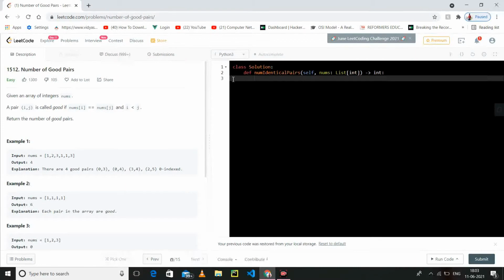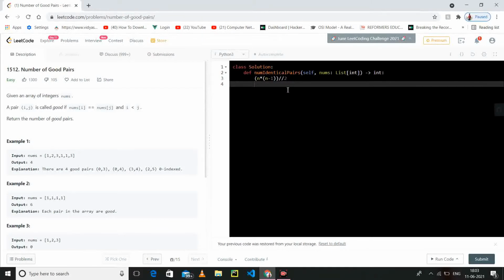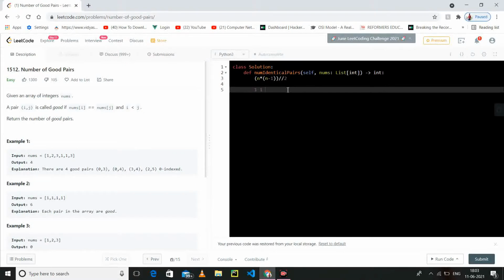But before proceeding, I want to tell you one formula which calculates the number of good pairs, which we have been using since childhood. This is a very easy formula: n times (n minus 1) divided by 2. I will demonstrate how this is applicable in this question. I am taking the example 1 1 1 1, and 2 2 2, then 3.